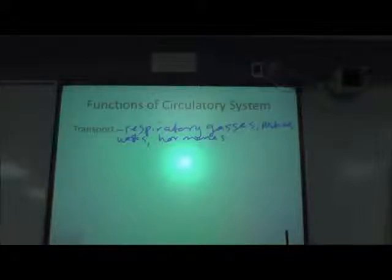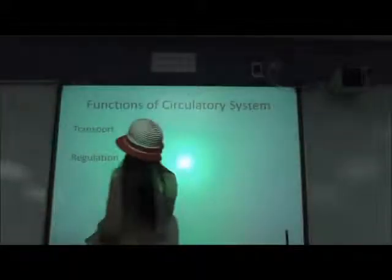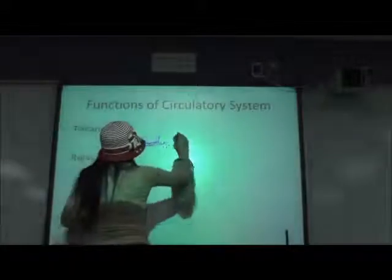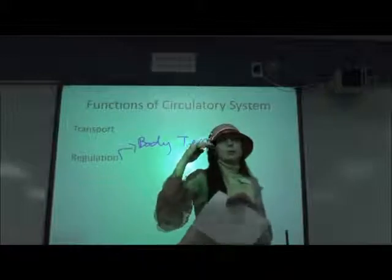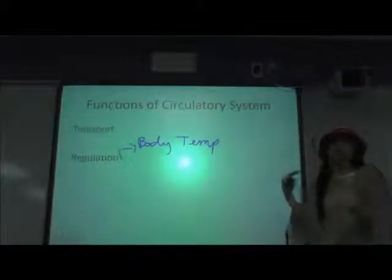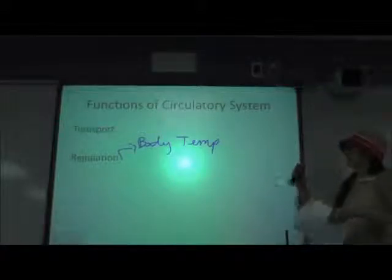The next function of the circulatory system is to help with regulation. And what's it going to regulate? It's going to help regulate a couple things. First, it'll help regulate body temperature. Body temperature has to be kept in a pretty tight homeostatic range, not the most tight homeostatic range. You can drop a couple degrees, you can have a fever for a couple degrees, get hot and not have